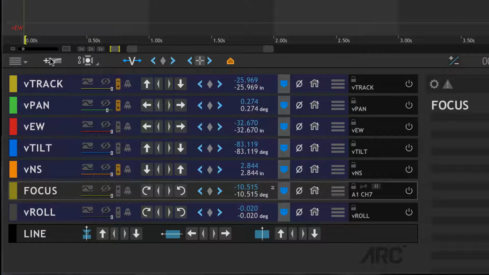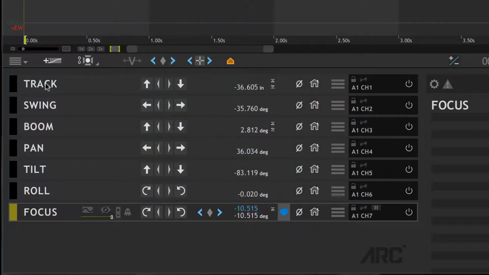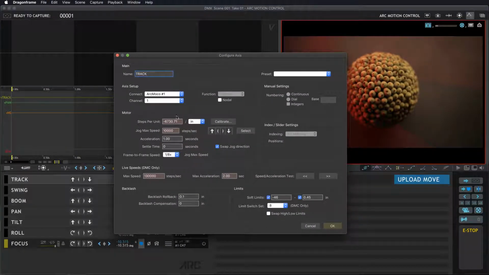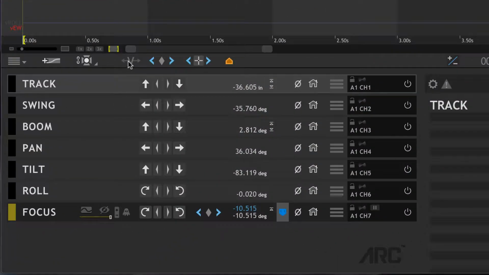When you're first putting in your important information about your motors, you're going to add tracks here, and then you're going to double click on them like this, and you'll open up and put in all the important information regarding the calibration of the motor and the speeds and top speeds and jogging speeds and all of that. And if you have any limit switches or if you want to set soft limits, that can be done in here too. You may notice I'm hitting this button, this V, and this is switching me from the real axes